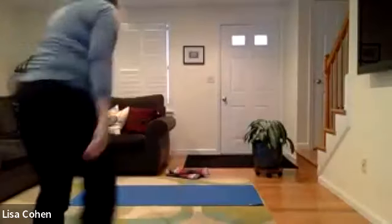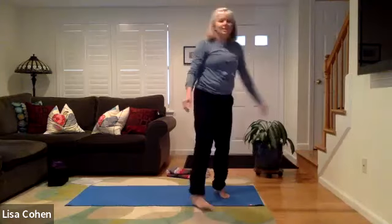Excellent. Standing tall, settling into the soles of the feet, rocking forward and back. Checking in with the breath. Bring the hands into the heart center, checking with the qualities of the mind. And creating, I always like to think about creating this sensation or this invitation to just not be distracted